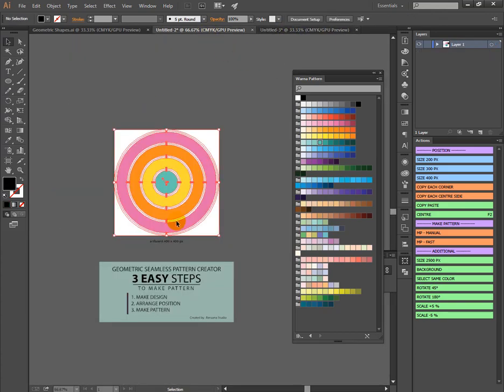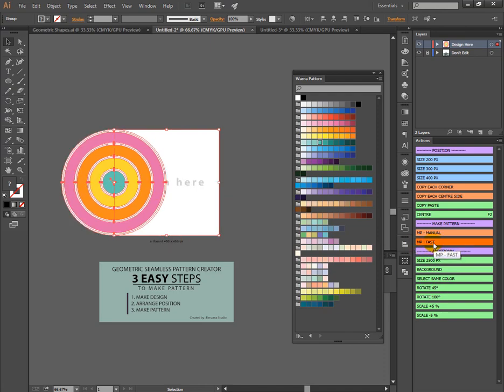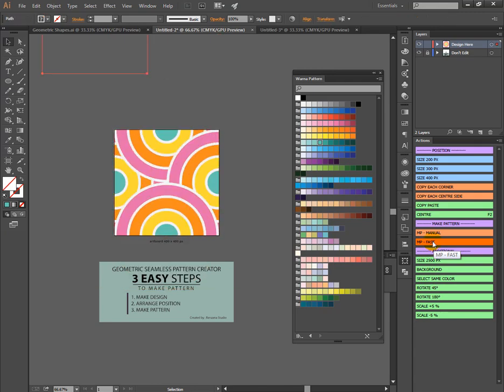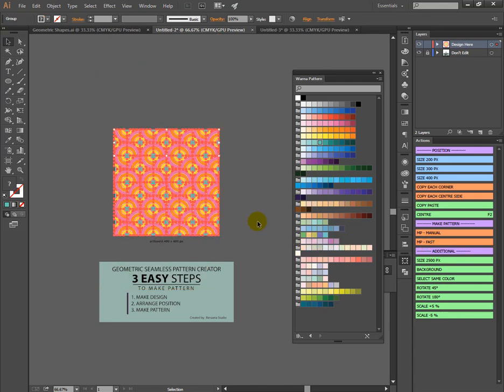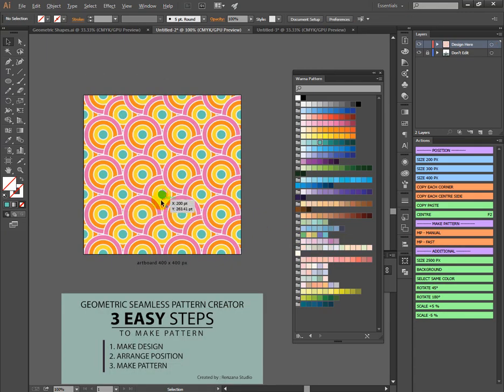Okay, and if you choose MP Fast like this, we have a pattern like this.